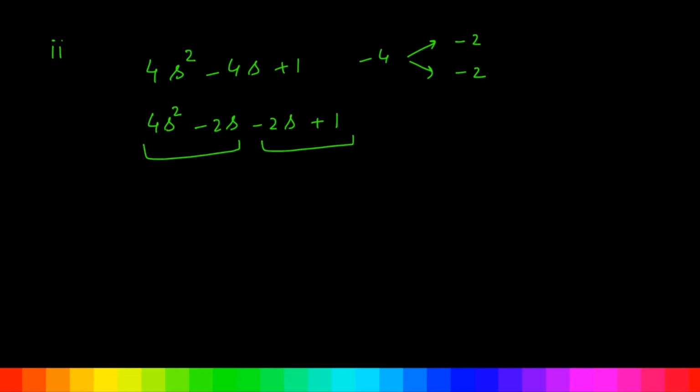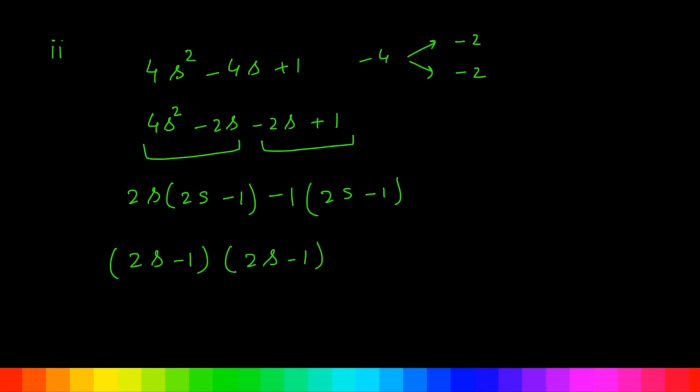From the first pair of two terms, we'll take 2s as common, leaving 2s minus 1 in the bracket. Now minus 1 will be taken common, leaving 2s minus 1 in the bracket. Now from these two terms, 2s minus 1 is taken out as common, leaving 2s minus 1 in another bracket. We see that both the factors are the same. So 2s minus 1 is equal to 0, or 2s is equal to 1, or s is equal to 1